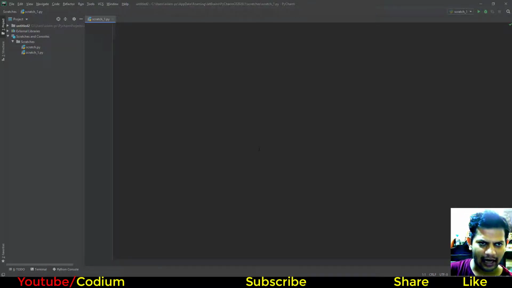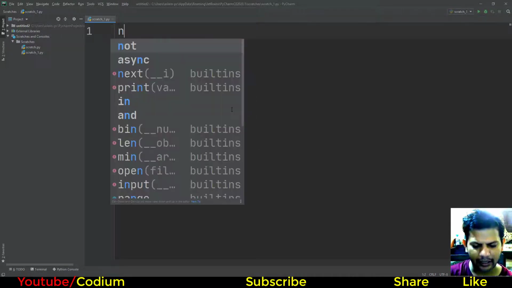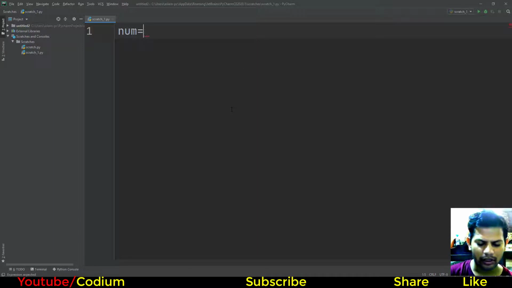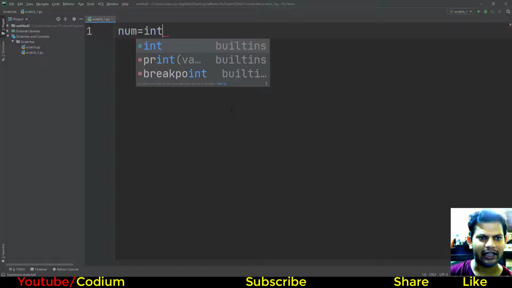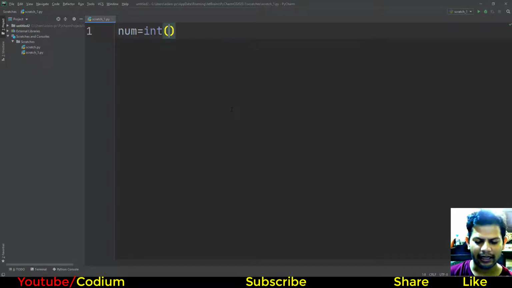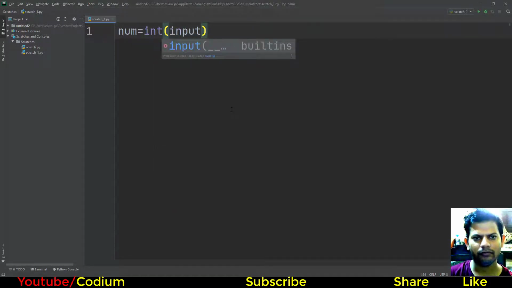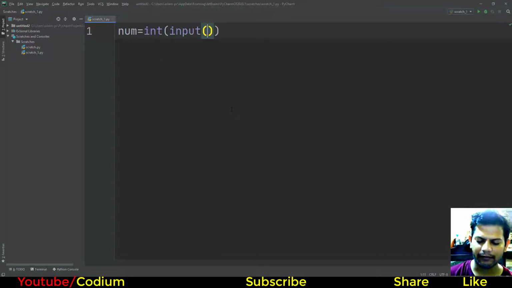So let's start. First of all, we have to define a variable like num for input, because we require input in the form of number, so integer int, then input in brackets, with the message appearing in the single quote of string, enter number. Due to this line, when you run the program it asks enter number, you enter the number.